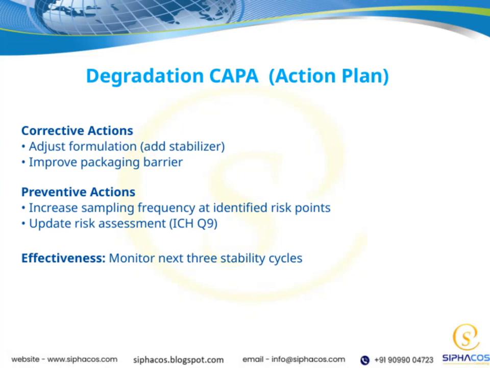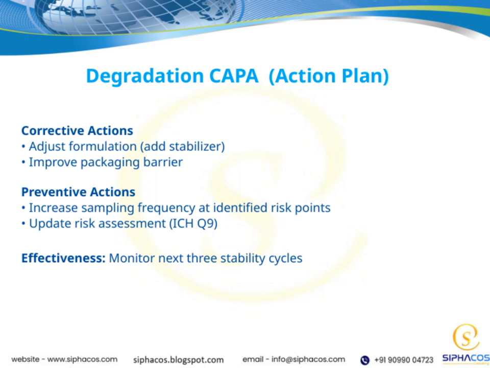Let's take a closer look at the degradation CAPA, or action plan. First, for corrective actions, we plan to adjust the formulation by adding a stabilizer, which will help prevent degradation issues. Additionally, we aim to improve the packaging barrier to better protect the product from environmental factors that could cause deterioration. On the preventive side, we're increasing the sampling frequency at identified risk points. This means we'll be checking the product more often in areas where degradation is more likely to occur, allowing us